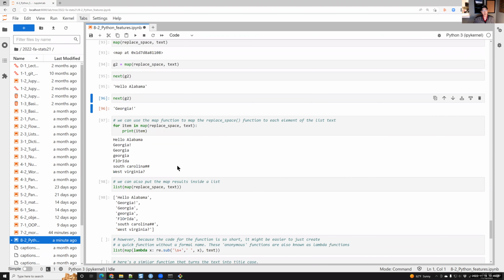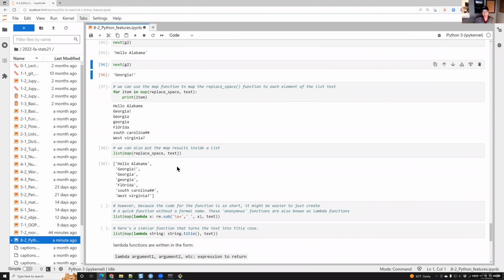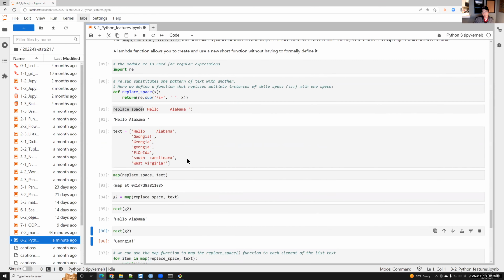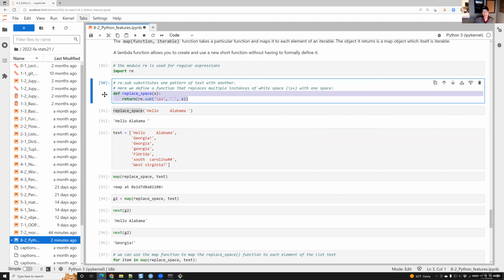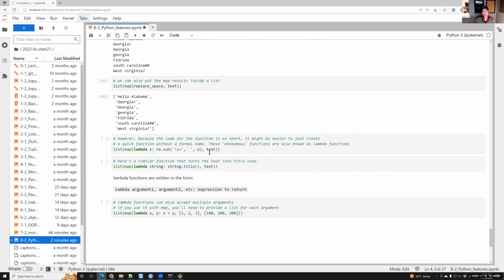Now, a lambda function. A lambda function is, let's say you have an operation that you need to do, but it's so trivial that you feel like it's a waste to have to define an actual function. Like here, I defined a function called replace space, where I go through and take the argument X, and replace multiple spaces with a single space. And you might say, you know what, it's